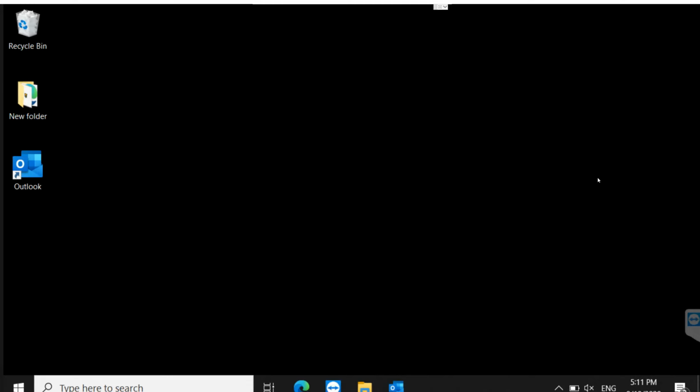On today's tech tip, we're going to be showing you how to add an additional mailbox to your already configured Outlook for Office 365 on Windows 10. Now this is taking under the assumption that you already have your Outlook configured with one or multiple mailboxes. Let's open your Outlook,